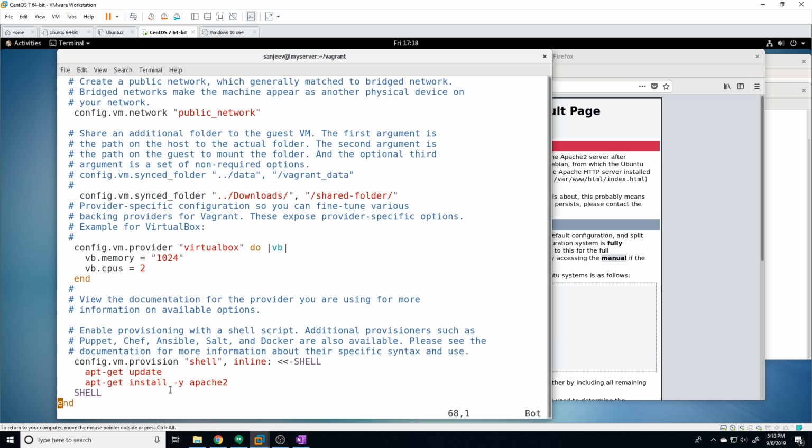Now, if we have a lot of commands, like let's say we want to install a full LAMP stack and we have to install PHP, we have to install MySQL, and there's a lot of commands necessary for that,